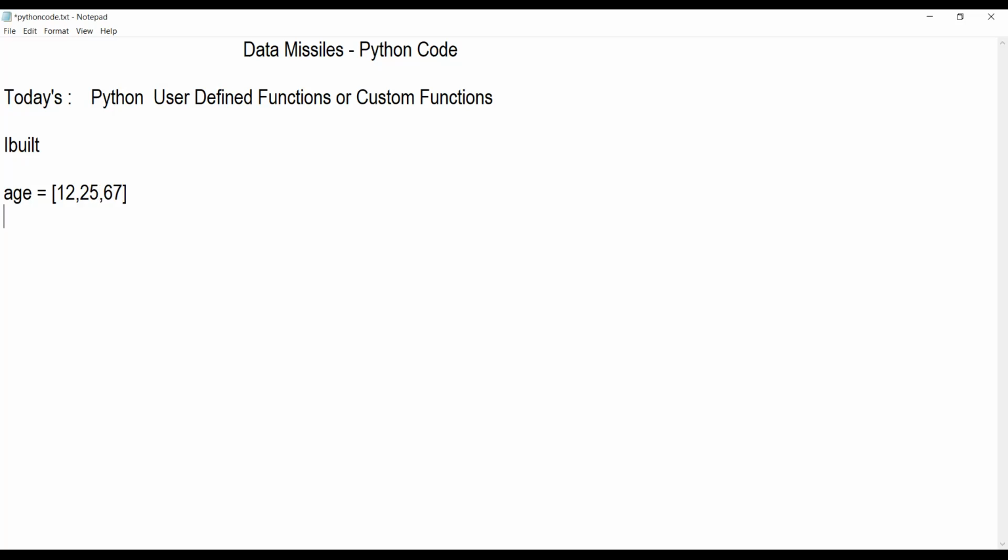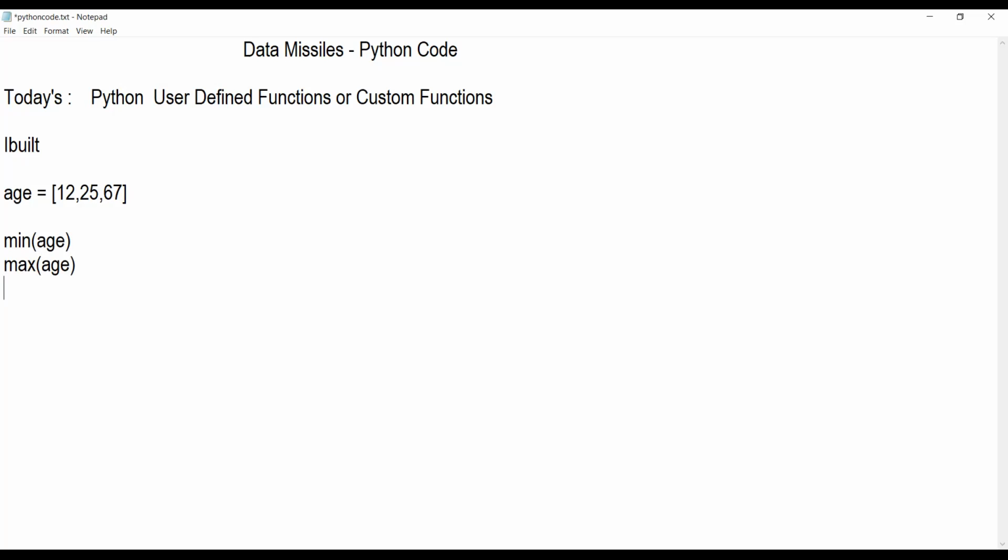If you want to find the minimum value in this age variable, I can apply the min function. This is an inbuilt function. Like that we have max and a few other varieties of functions.